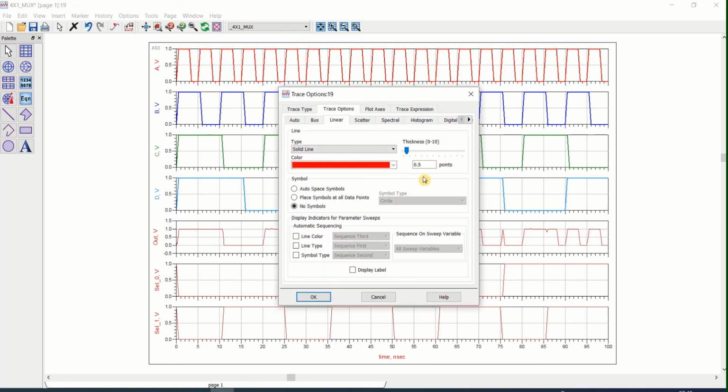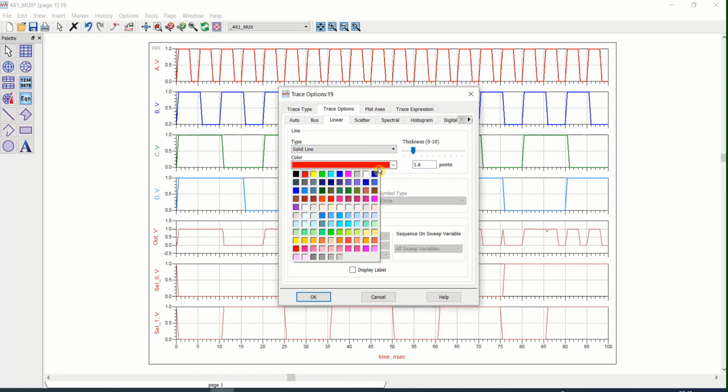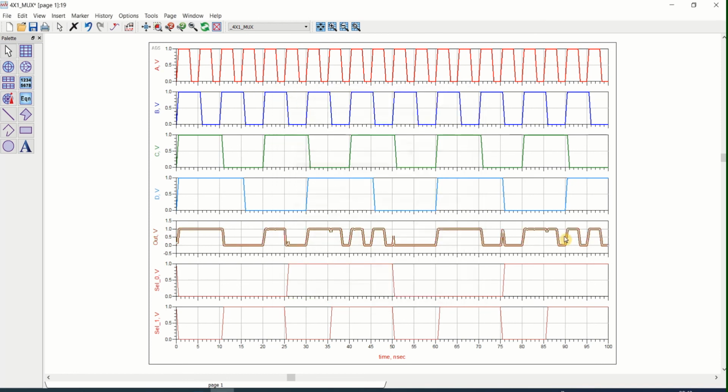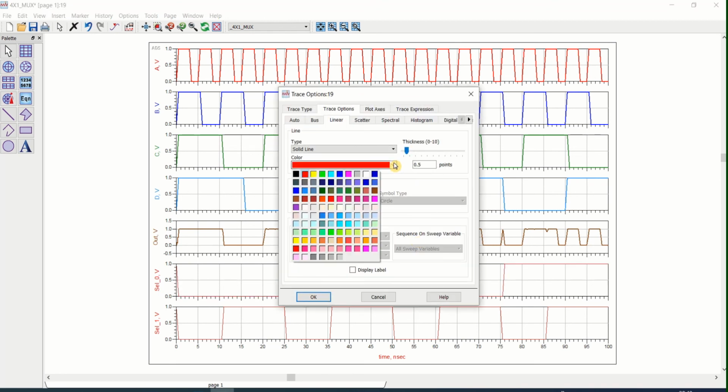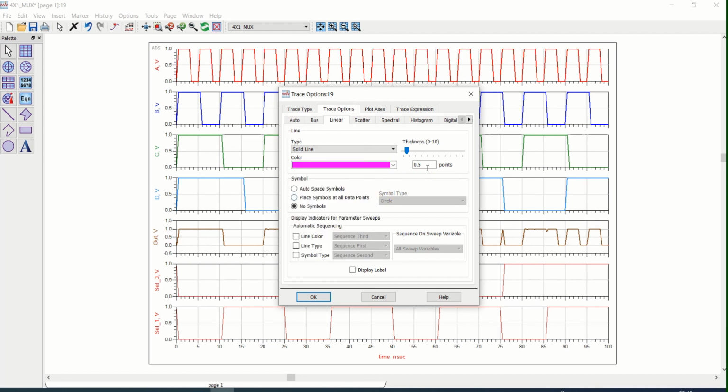This is my output. Let me change the color. So whenever the selection line is low, let me change the colors of this. 1.5.